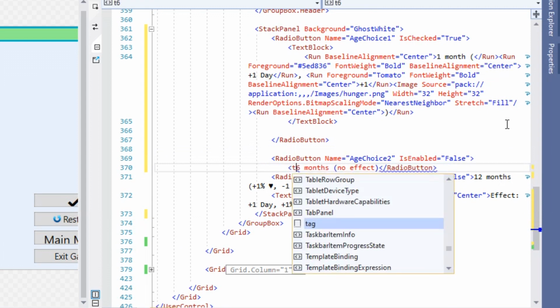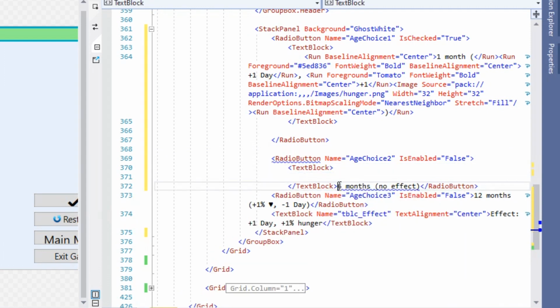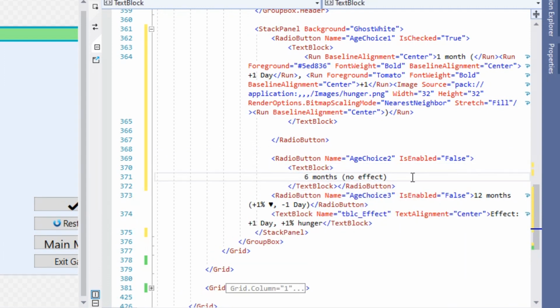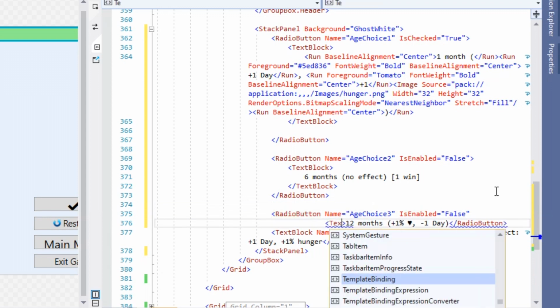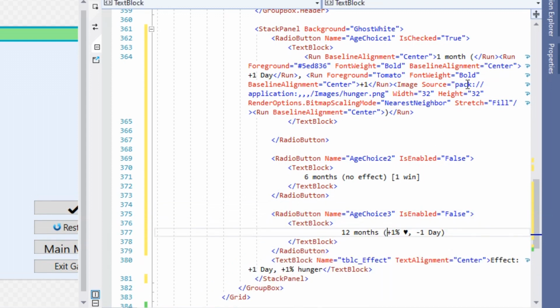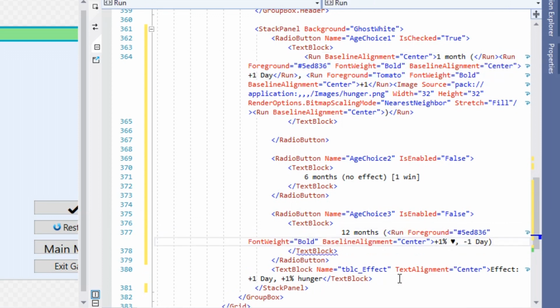Again, let's add a text block here, put our content there, but we will also add square braces and type 1 win. And finally hchoice3. Again, add a text block here. Here we will add our positive run. So let's copy this one. +1 without % and close it after the heart character.